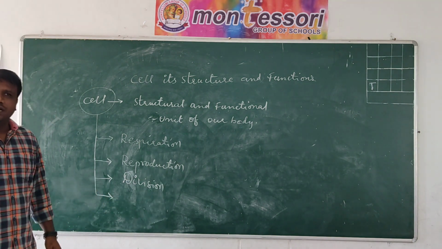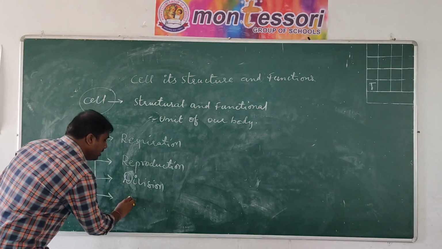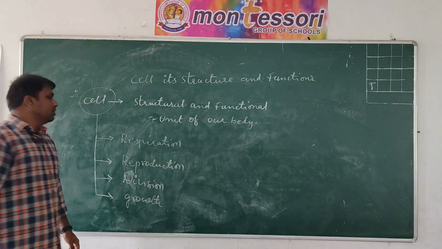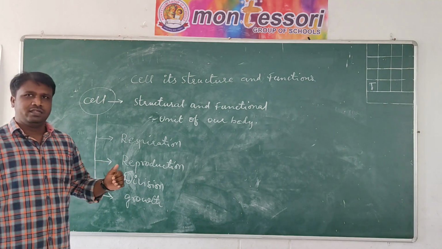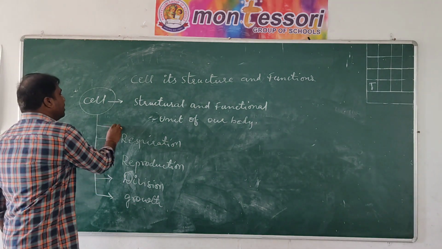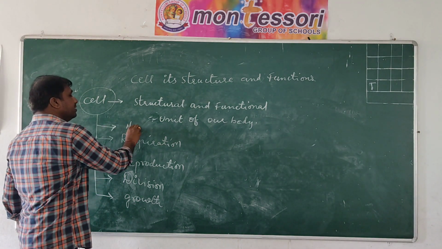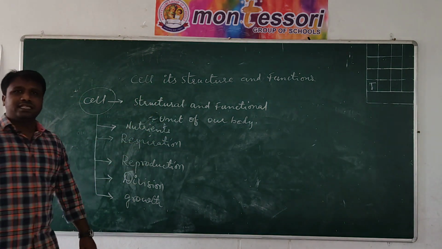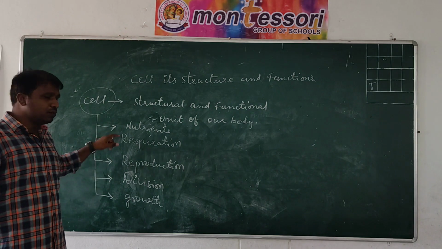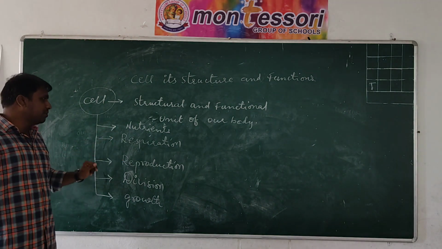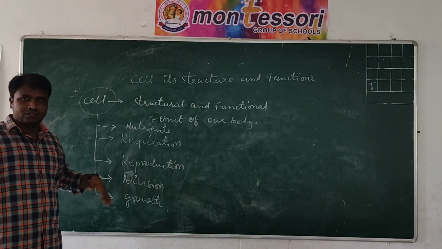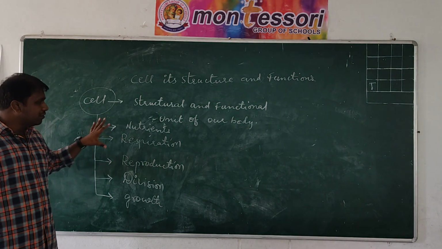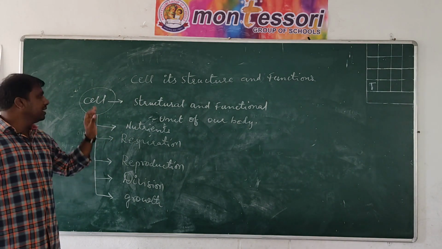A cell should perform the function like growth. So, it has to respire and even it has to take the nutrients. So, a cell has to take the nutrients, it has to undergo the function like respiration, reproduction, division and the growth. So, if anything is performing all these functions, that can be called as a